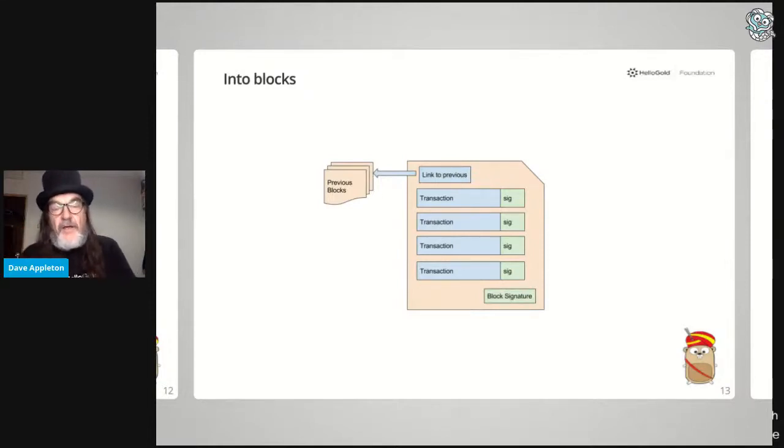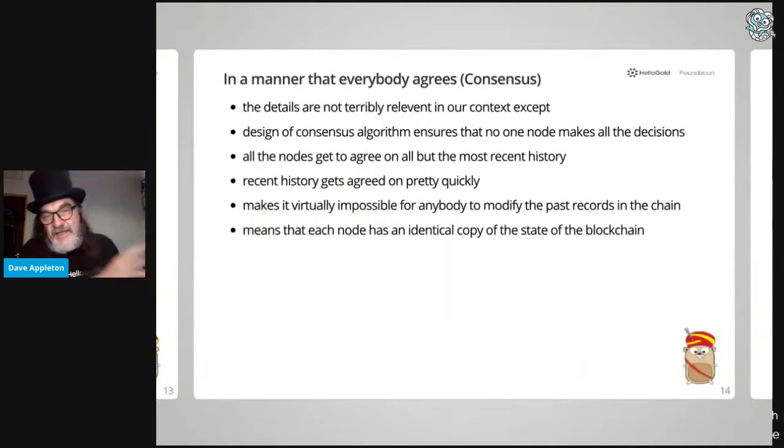So now, with the link to the previous block, everybody knows that this follows on from there. And with this block signature, therefore, you are guaranteeing that the whole thing is unchanged, that it is valid. Okay, and you do this in a manner that everyone's agreed, and I am not going to go into much of the details on this,